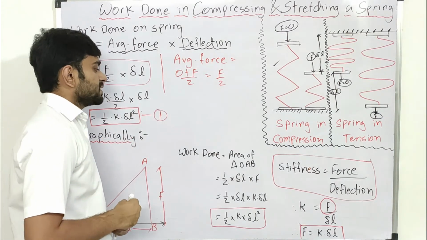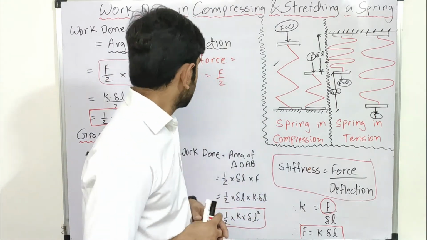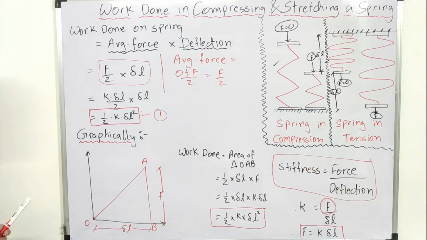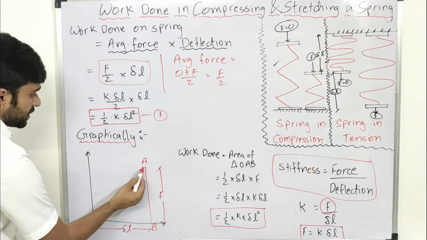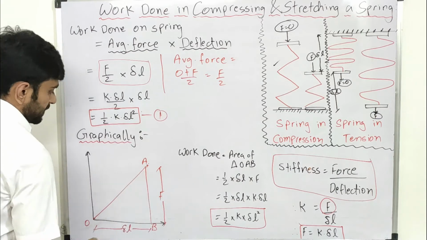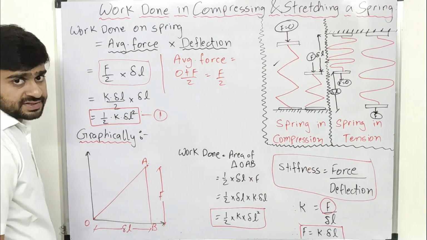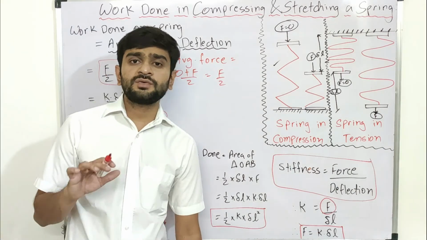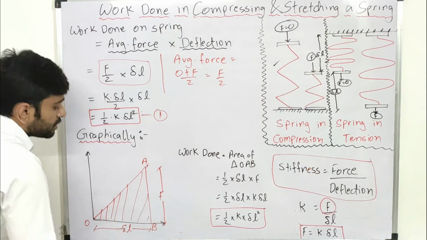But we can even derive this graphically, that is by using force displacement diagram, what we just studied in the third lecture. That is we can calculate the work done based on the area of the force displacement graph. So here, as our force is variable from 0 to F, this much is the value of F on y-axis, and displacement is shown on x-axis as shown in the force displacement diagram. So here again due to variable force condition, a triangle is formed, and we will calculate the area of this triangle in order to find the work done.